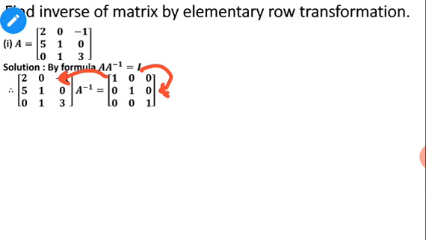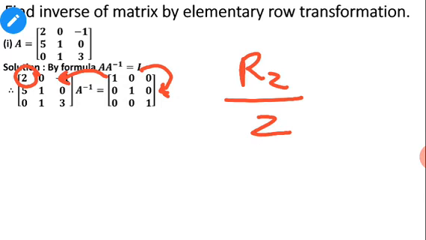If you remember, step number 1 was saying make A11 as a 1. Means this 2 has to be made 1. We want to make this 2 as a 1 by using some suitable row transformation, some operation that we should do so that this 2 will become 1. So one of the operations, the easiest one while making the 1, students realize that R2 divide by 2, it will become 1. Okay, no problem, it's right.